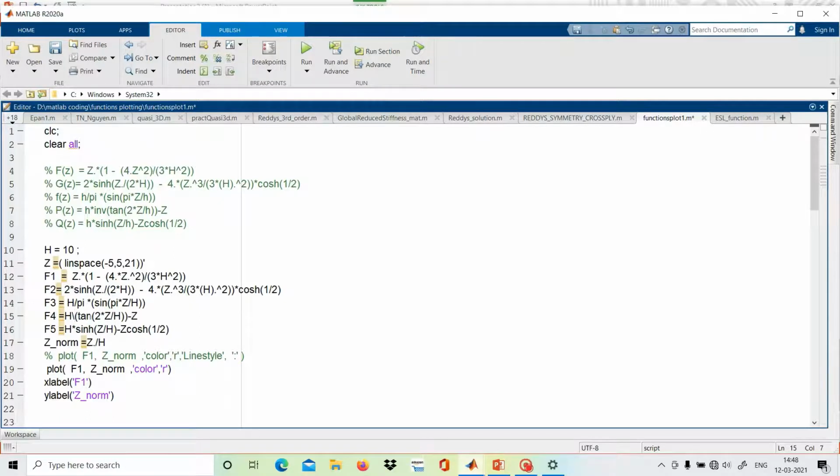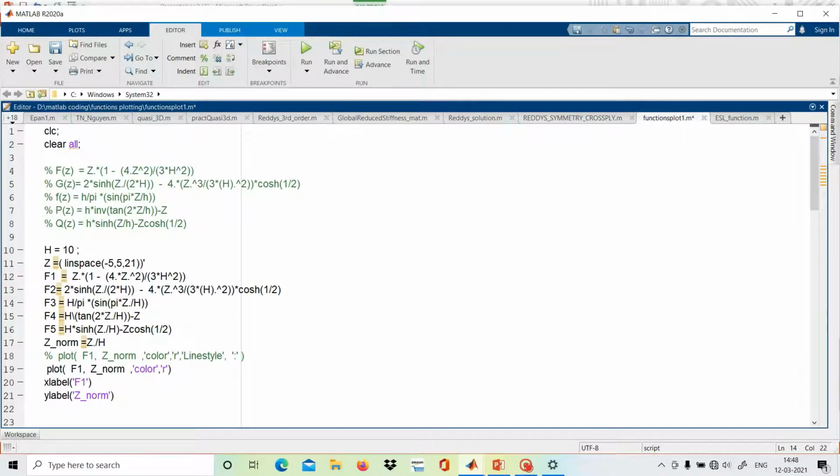So we have 5 different functions, f1, f2, f3, f4 and f5, where f5 is h sine hyperbolic v by h, and minus v cos hyperbolic half. We are giving a dot here. Wherever we divide, we give a dot. When a vector is divided by any constant, we give a dot here.